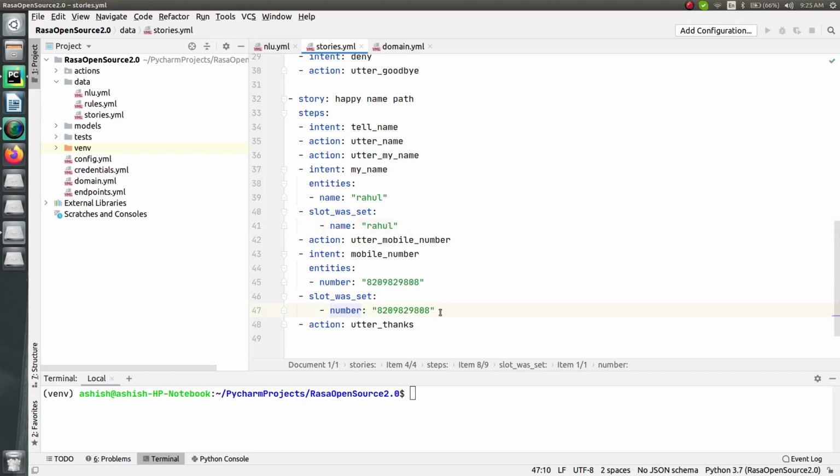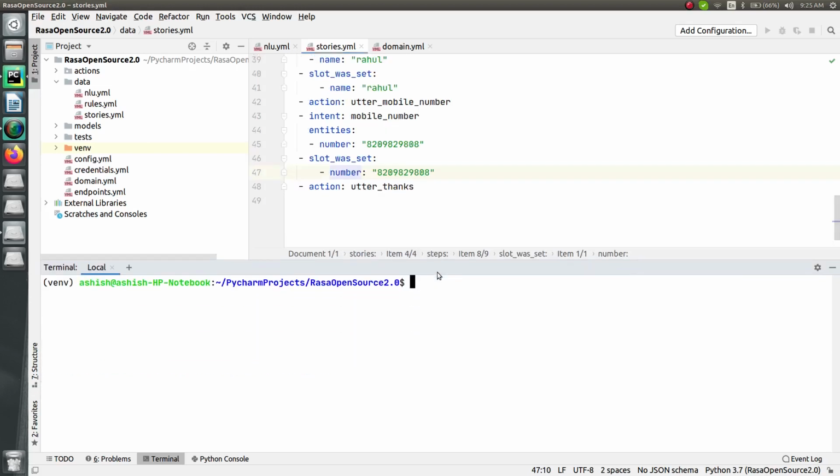Now it's time to train the model and to test whether I am able to store the values inside the slot or not. So let me just do that. Now go to the terminal. Just activate the environment in which you have all the packages installed for Rasa 2.0. Now just simply type, let's say, Rasa train.